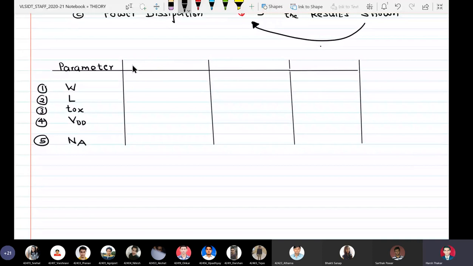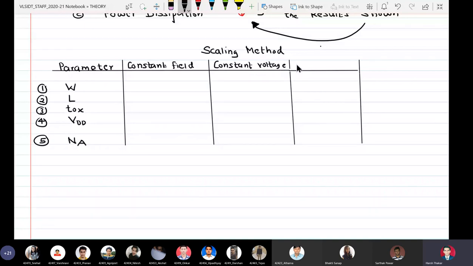And here we are going to write down the type of scaling, the scaling method. This is constant field, constant voltage, and we have